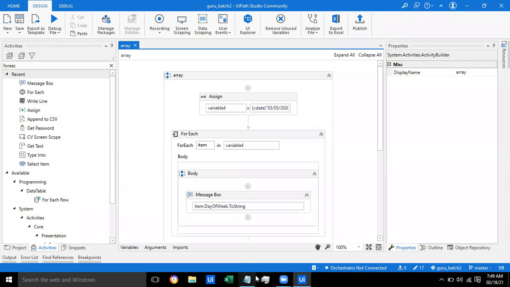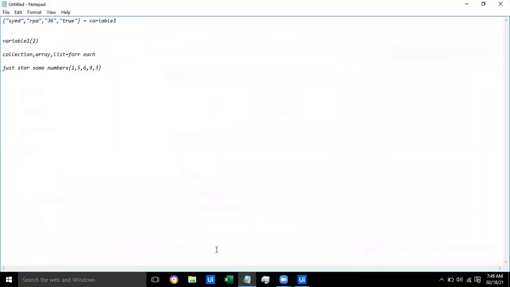Now let us move on to the assignment part. The assignment is I want you to declare an array of integers, with 10 values. Then for each and every number, you have to check whether that particular number is odd or even. For example, I want to check whether this 5 is odd or even, 6 is odd or even, 9 is odd or even, and 3 is odd or even, like that. Guys, are you able to understand the assignment?